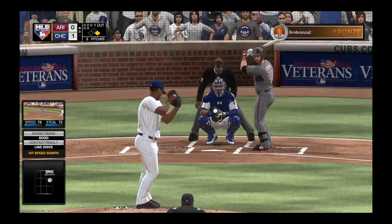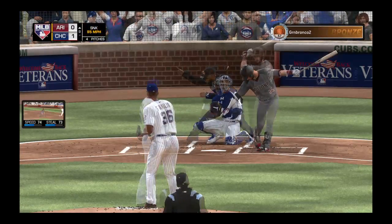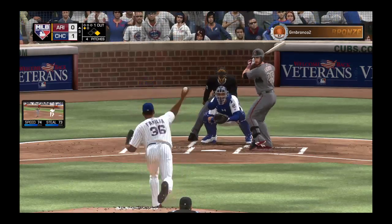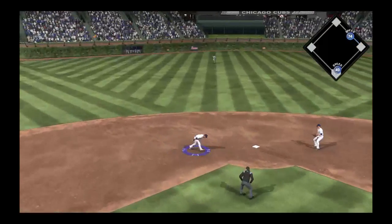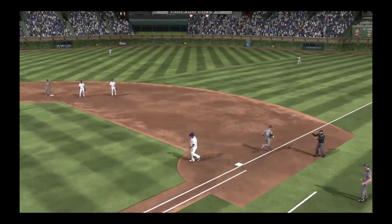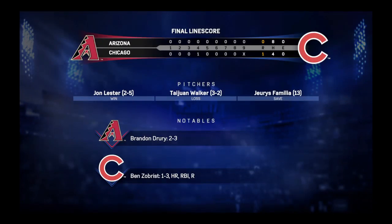Settling in now, Jonathan Lucroy. He'll be looking for something he could drive into the gap and drive home that tying run from first. Barring any late turnaround, the win would belong to Jon Lester. Step on the bag for 1. Back to first. It's a double play right when he needed it, and this ball game is over. And guys, the Cubs were given an excellent